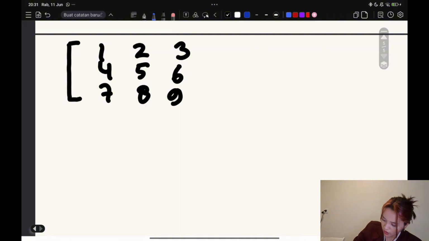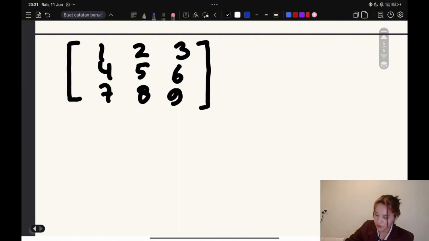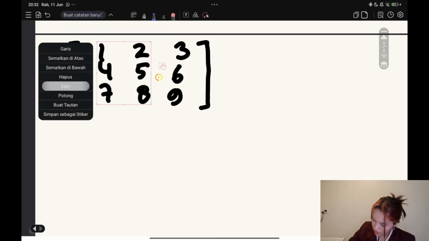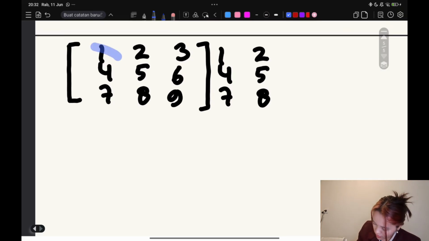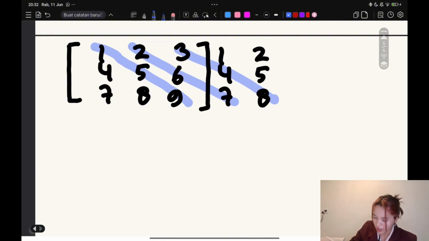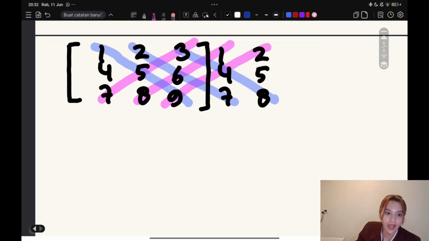Okay, and then we have to make this double like this. Okay, and then we have to make the difference about the other side, so the side like this, and then we have to put this one like this, and then for the other side we have to recolor just like this. For this color we have the answer